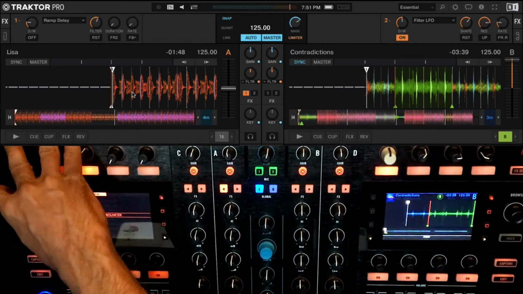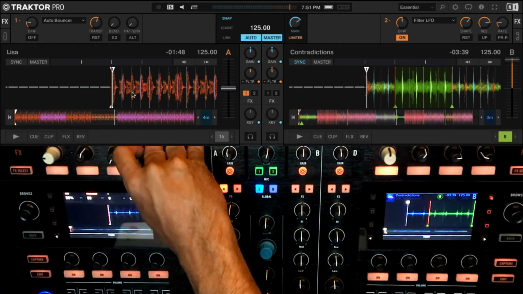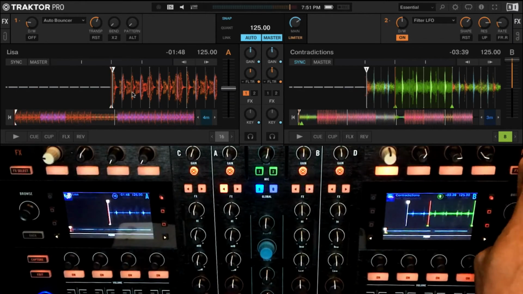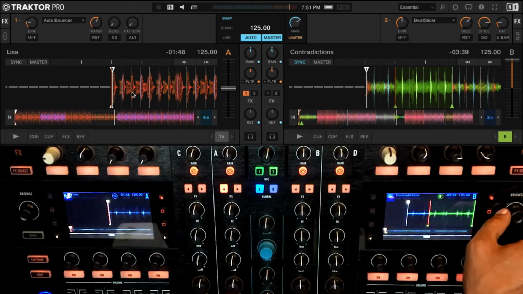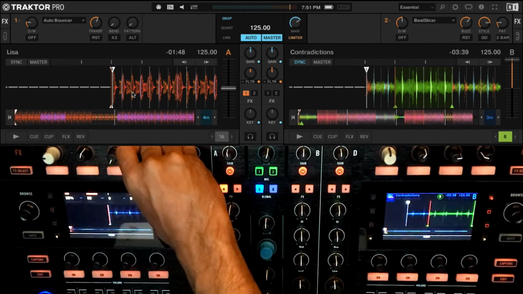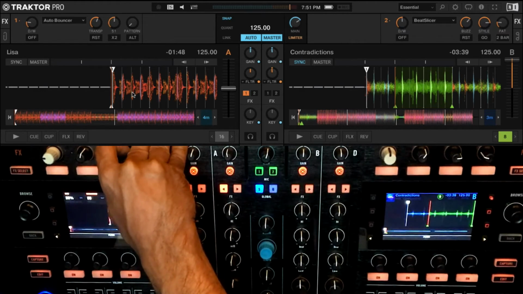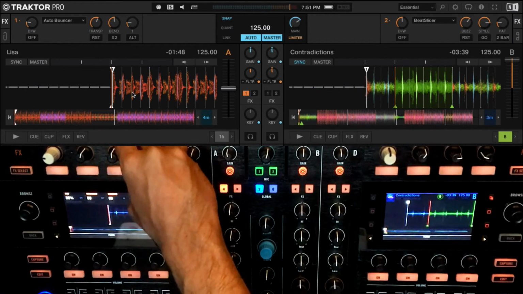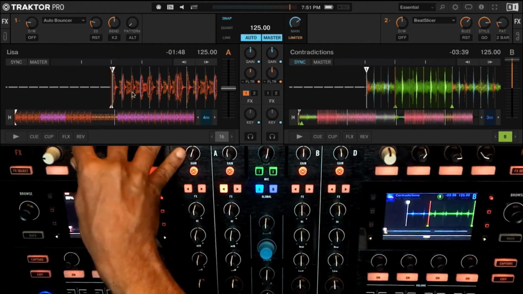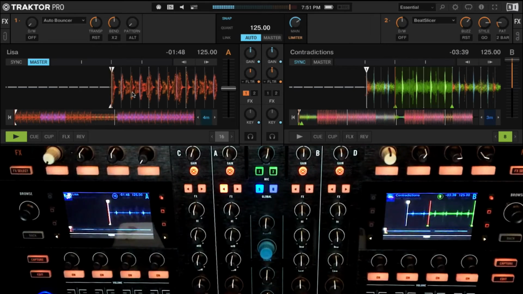The next effect is auto bouncer. This is very similar to the beat slicer, where we take a beat. Again, we have a bunch of patterns, but here it's going to shuffle the rhythm of the beat. With the slicer we had style and pattern. Here we have pattern and we have bend and transpose, which means it's going to affect the pitch in a drastic way. Okay, so let's check this out.